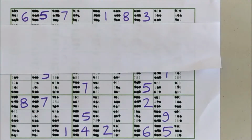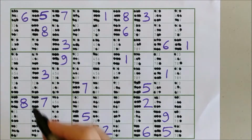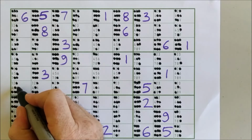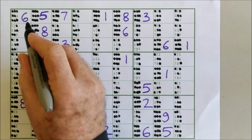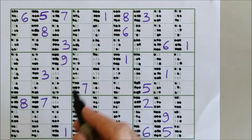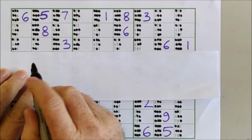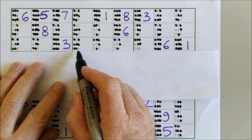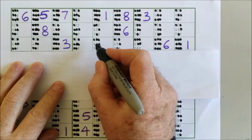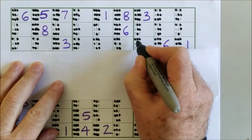And now I need to go down the columns and check and make sure there's no more 6s showing, because we've got that number covered, and also through the block, and obviously across that we've already checked. Interestingly, in this third row we have another triplet of 2, 4 and 9. 2, 4, 9, 2, 4, 9 and 2 and 9. So those have to contain all those, which means we can get rid of the 2, 4 and 9s in all the other cells on that particular row,